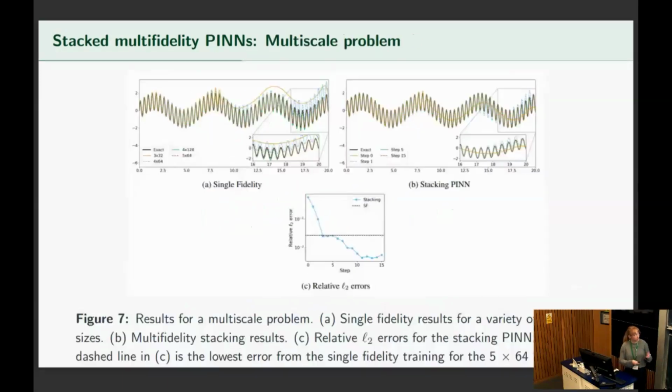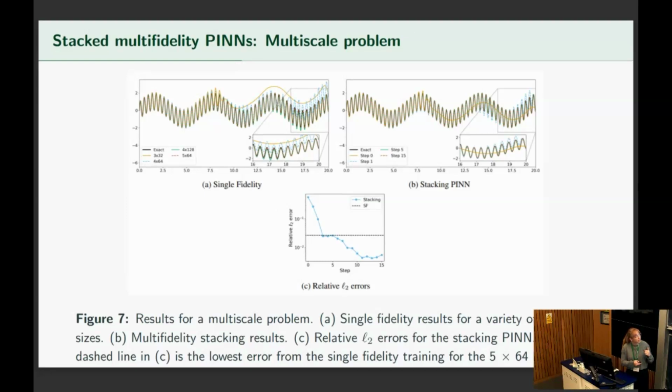And then applying this to a multi-scale problem, we're also able to improve the accuracy of PINNs for multi-scale problems. Again, you can see this orange line is a bad approximation of our system with a PINN, where it's accurate and captures these multi-scale features for a while, but then eventually it starts missing them. In this test, we're being very careful and testing a wide variety of network sizes. If you increase the network size, your approximation from a single PINN does get a little bit better, but still not accurate in long time scales.